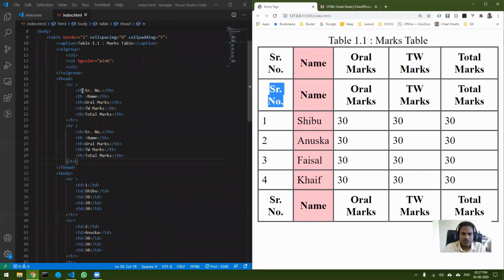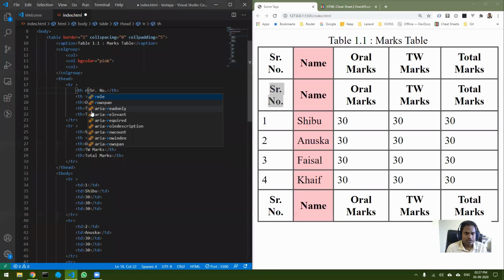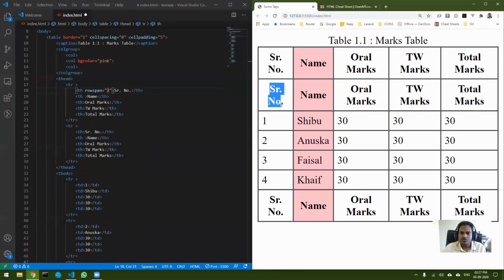So what I will do is I will come on the first th, and I will put rowspan as 2. How many rows do I want to span? 2. Okay, so this is the first row and this is the second row, so I will span 2 rows. As soon as I do rowspan, the corresponding SR tag should be removed. Once I do that, you can see that particular thing is merged now.